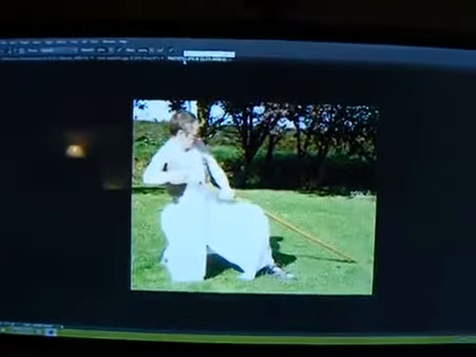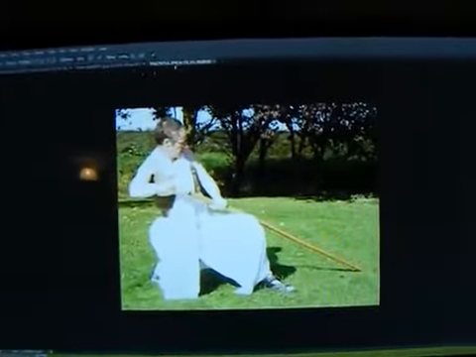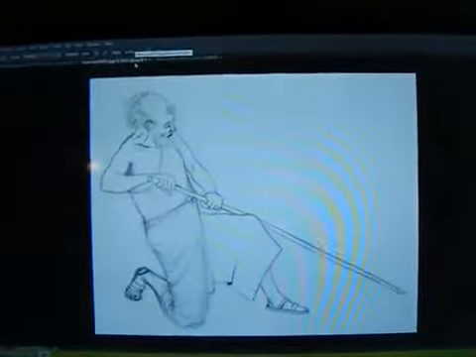Photoshop. There's a picture of me modelling for an illustration I then did later, which came out like that. So that's a scan of a pencil illustration. And the point I wanted to make about this, about mixing up old and new, is this great thing about how you can,